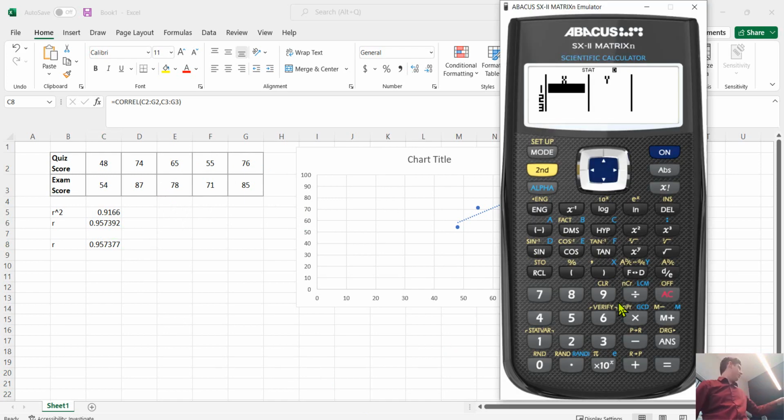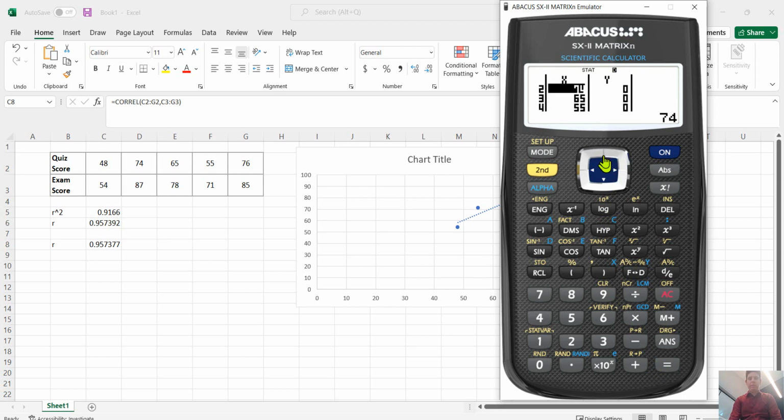So let's just assume the first row is X's. 74, 65, 55. So type in each one and then press equals, and then go back up, press the arrows till you get to the Y, and then type in the Y's. So just the second row,